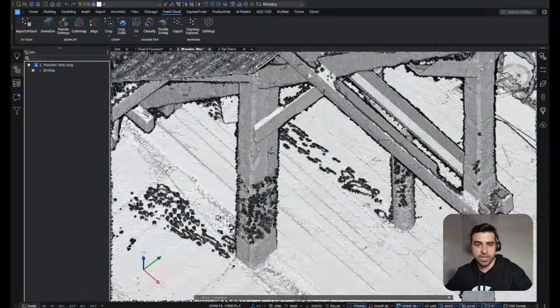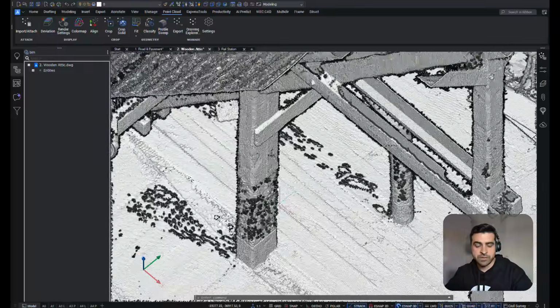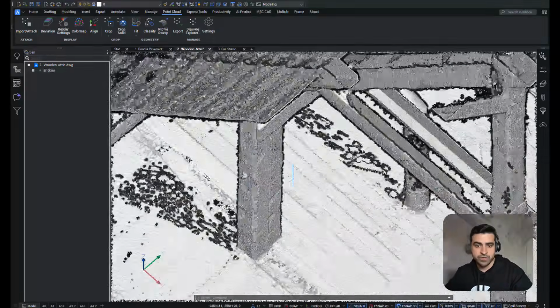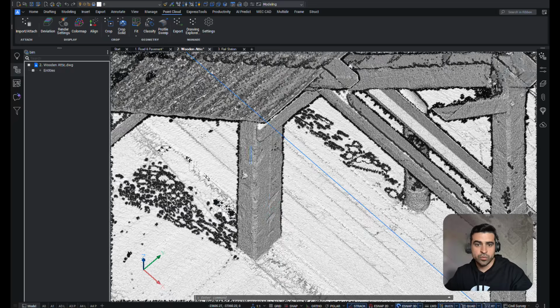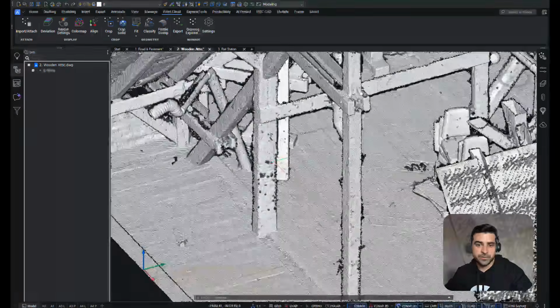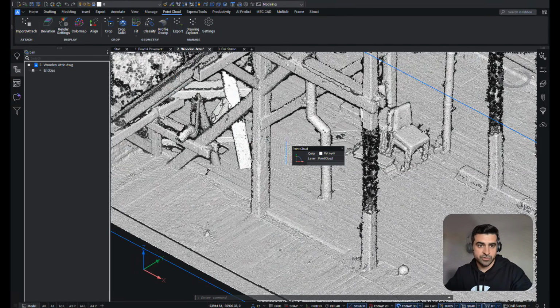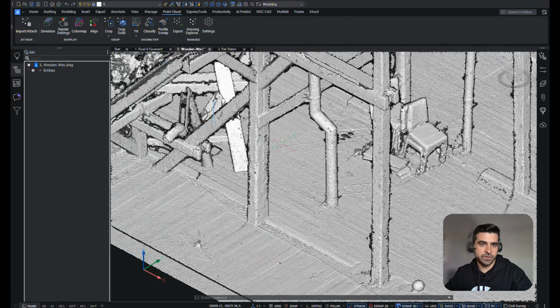And as we zoom right in, we can understand that those profiles have some sort of deformation. So we can clearly see the wooden profile not having a perfect geometry. So let's see how we can model this together.